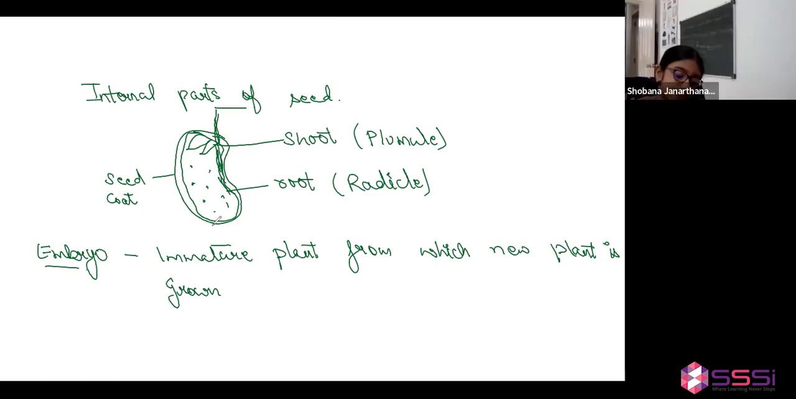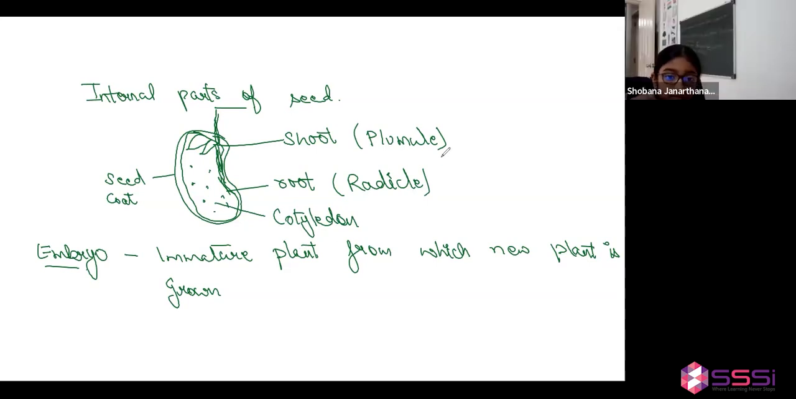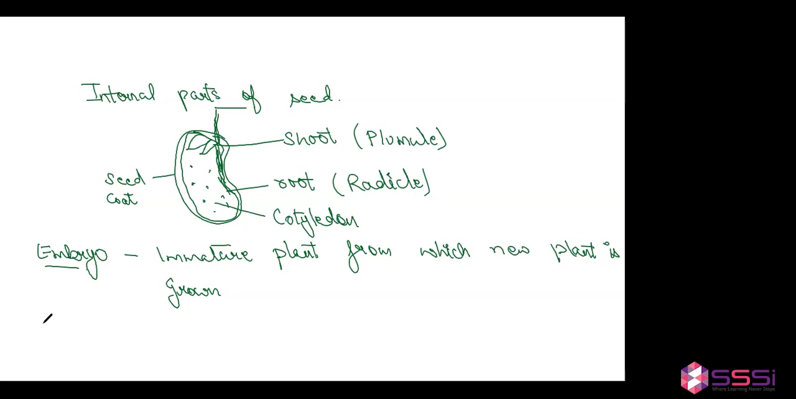Okay, ma'am. The internal part is named as cotyledon. So it has cotyledon, radicle, and plumule. Okay, ma'am. So now cotyledon. Cotyledon provides food,